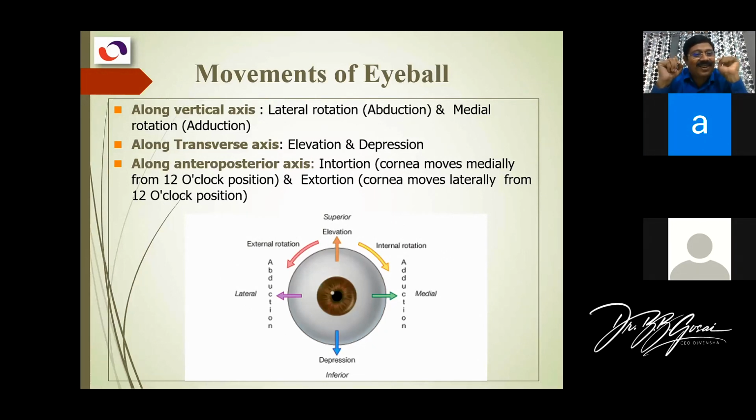A clinician can test it. What they do is put an iodine dye at the 12 o'clock position, and then they see which way the 12 o'clock moves. They ask you to elevate the eyeball, look up, look down. While you are looking in a particular direction, the eyeball still rotates, and they can see that.